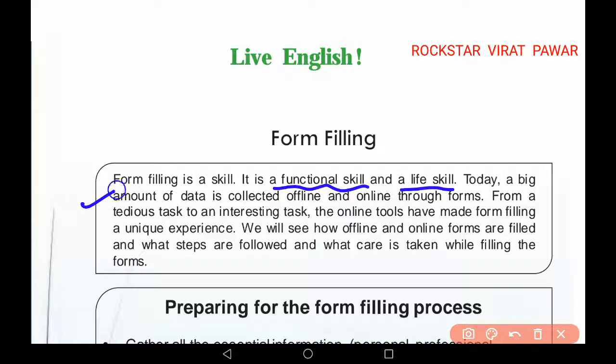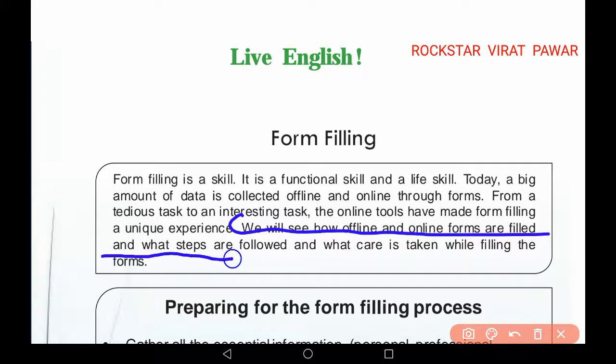Today a big amount of data is collected offline and online through forms, that is called Google Forms, like that. From a tedious task to an interesting task, the online tools have made form filling a unique experience. We will see how offline and online forms are filled, what steps are followed, and what care is taken